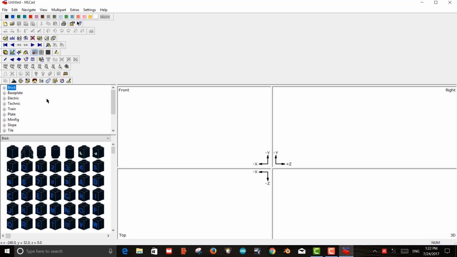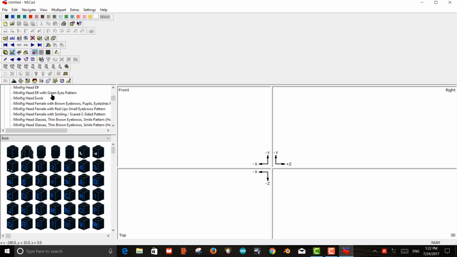This MLCAD program is a Lego program, and you want to go down to minifigures. There it is, minifig, and open that up. And there's a lot of different stuff in there. The sorting doesn't work as well as I like, so I just scroll down and I find the minifigure and find a head and start there. There's hair, and you can see there's all sorts of stuff in there. But let's start with the minifigure head